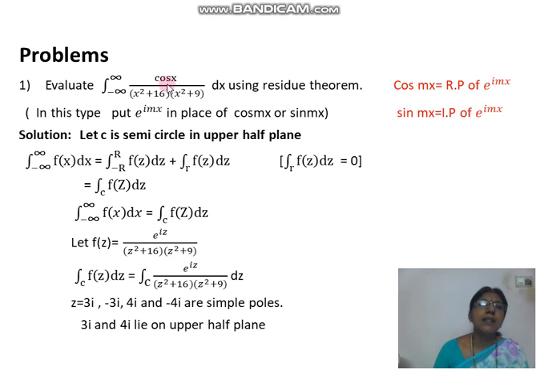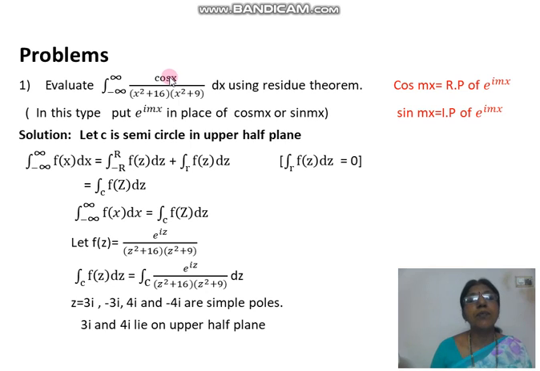In the same problem, if there is no cos x, in place of cos x you put sin x, you get the same solution. But if it is cos x, you write in the answer the real part, and if it is sin x, same solution, in the last step you take the imaginary part of the answer. That's it. You remember one thing, here we have x functions with cos x.